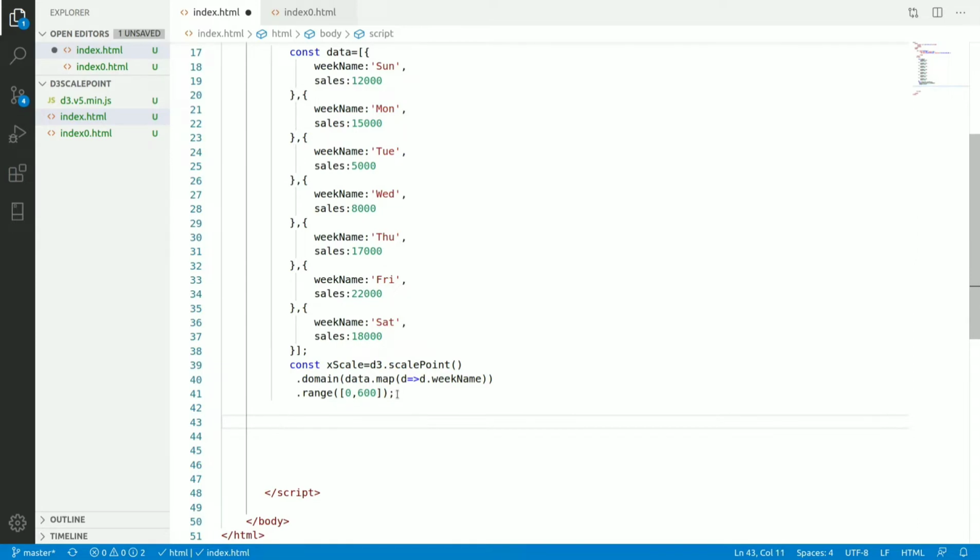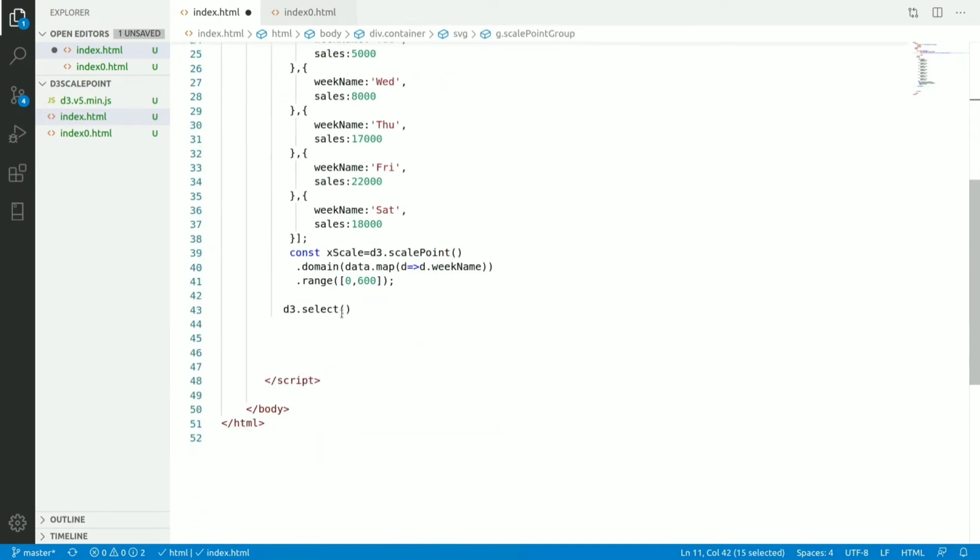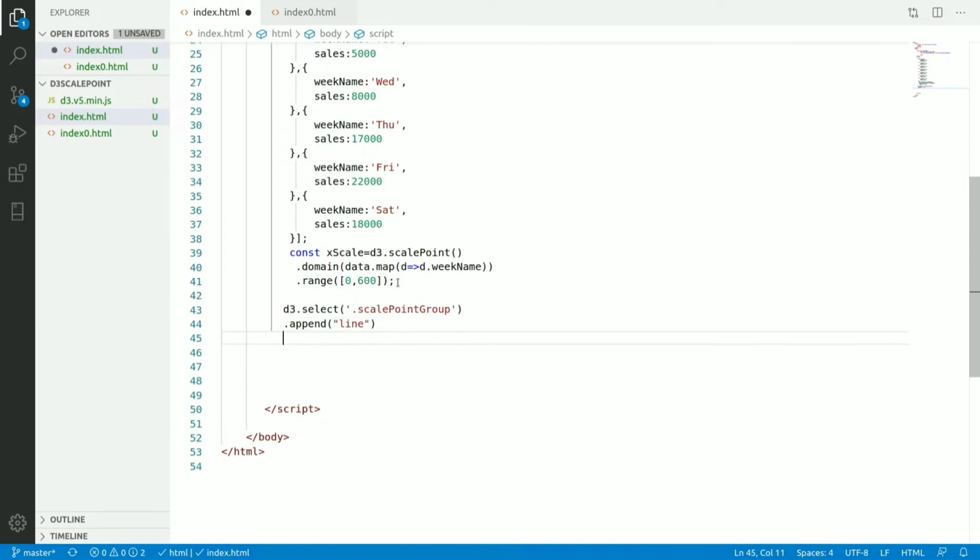Today we are going to see how to create the line chart, or the scatter plot, using D3. First I will create two lines so we can easily understand this example. I will use d3.select on the scale point group, then append a line, with attribute x1 as 0.